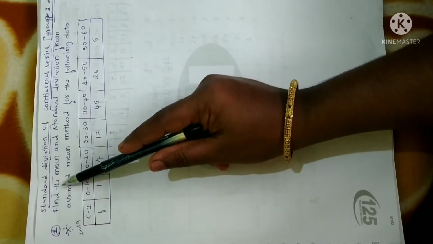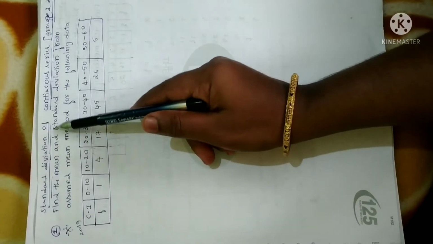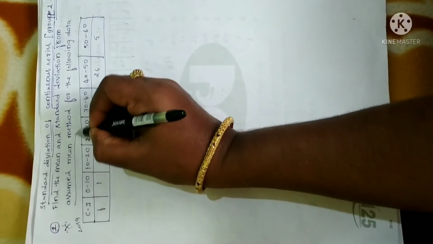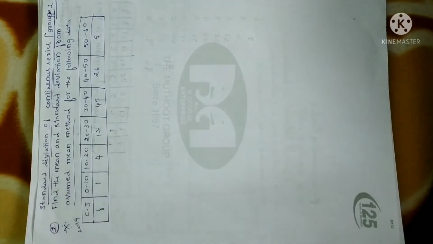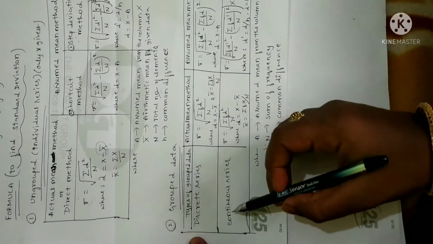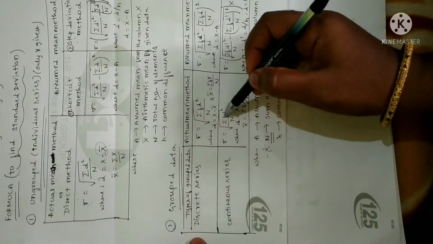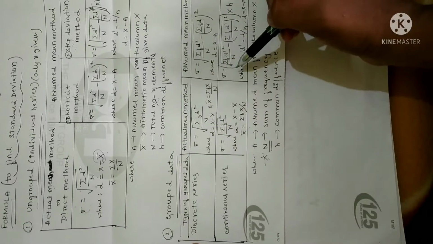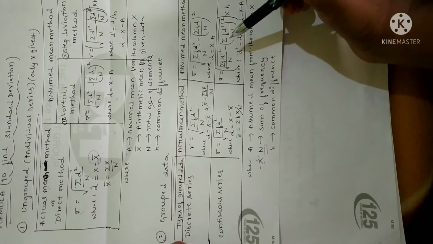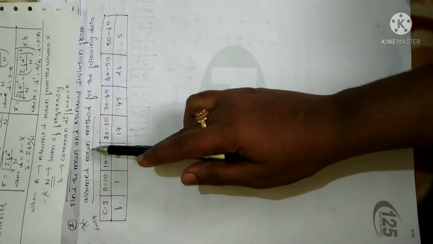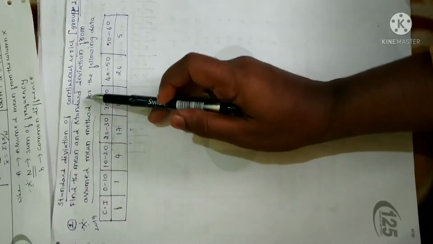But in this question it is clearly mentioned that we have to find mean and standard deviation by the assumed mean method. So the method is also given. Right, so anyhow I'll give you a glance of the same. I have done this in a previous session. For group data, especially for continuous series, we have two methods, that is actual mean method and assumed mean method. In actual mean method we will use this formula, and in assumed mean method we will use this formula. Remember these formulas. And now we are asked to find the standard deviation by using assumed mean method, right?